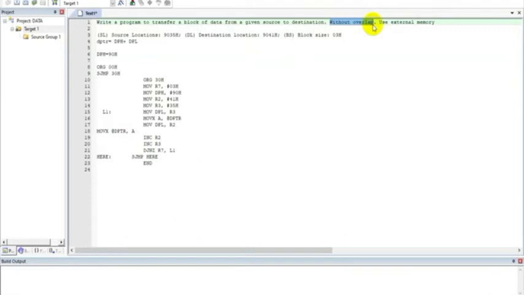And in the question, they are not specifically asking how many bytes you need to move. So again I am making an assumption here. The number of data I'll move is basically 3. So these are the assumptions that I am making to write a program. Once I made the assumption, knowing the instruction set, we basically can start writing a program.